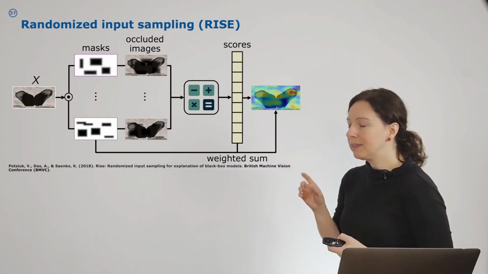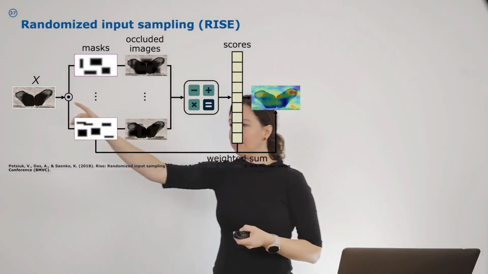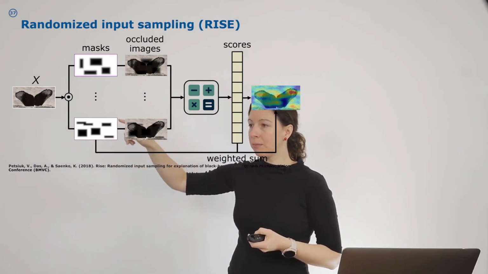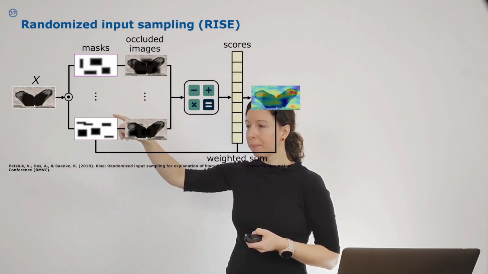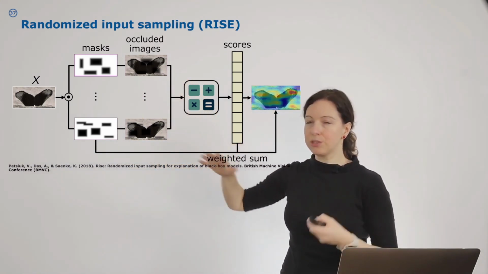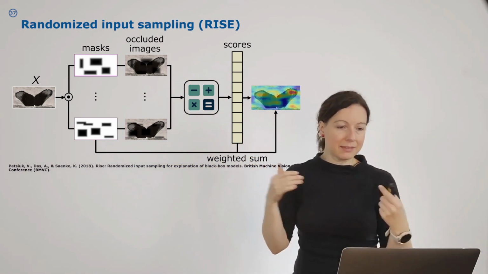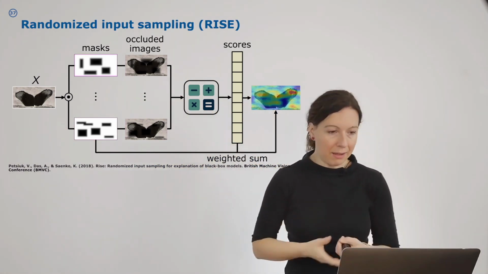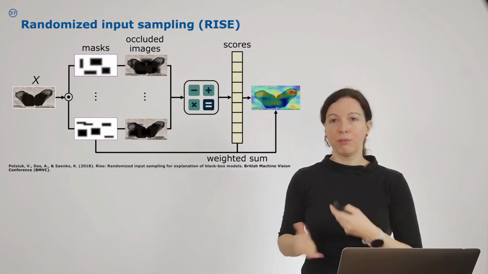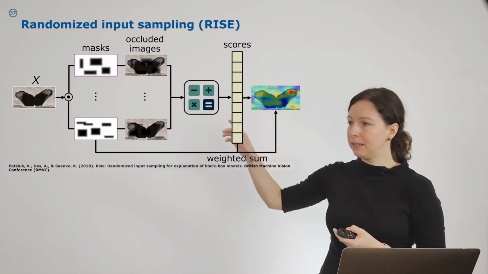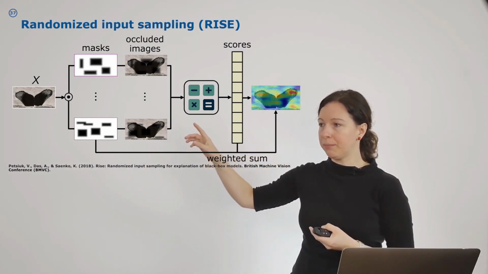So this is illustrated here. You have your input image here, and then you have these randomly generated masks here. And then you occlude the image. So you blend these masks into the image so that some parts are covered up. So before we had only one mask and we analyzed the result, but here we used several of them. And